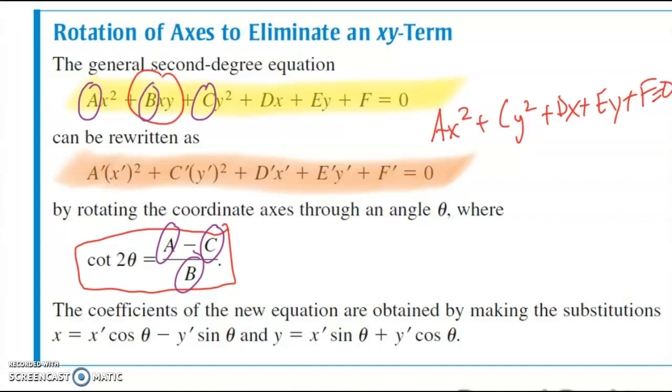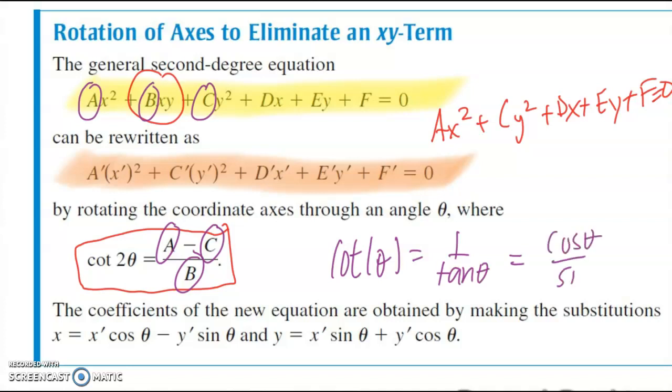All right, and now you solve cotangent of 2 theta, which, cotangent of theta is 1 over tangent, which is cosine over sine, right? So a couple of things to know. So once you have theta,